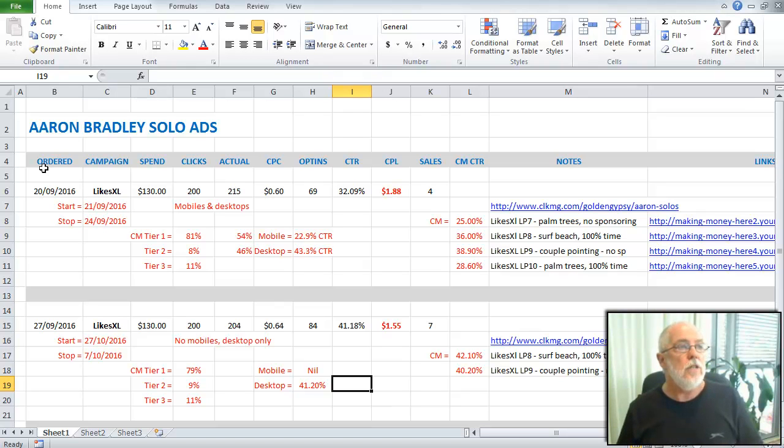So in this case, there's my first campaign, and there's the second campaign there. Now look, the columns that I record: the date ordered, because I like to know the date that's happening. I happen to be driving traffic through to a funnel that people will sign up with, Likes Excel in this case. That's how much money I spent on the campaign. I bought that many clicks, a couple hundred clicks. Aaron actually sent me